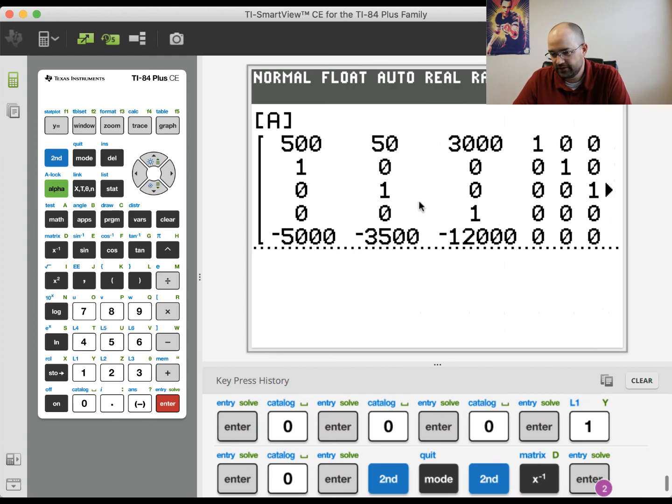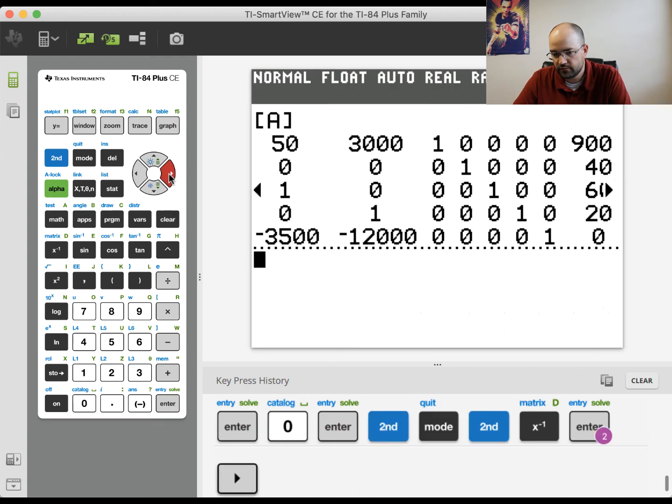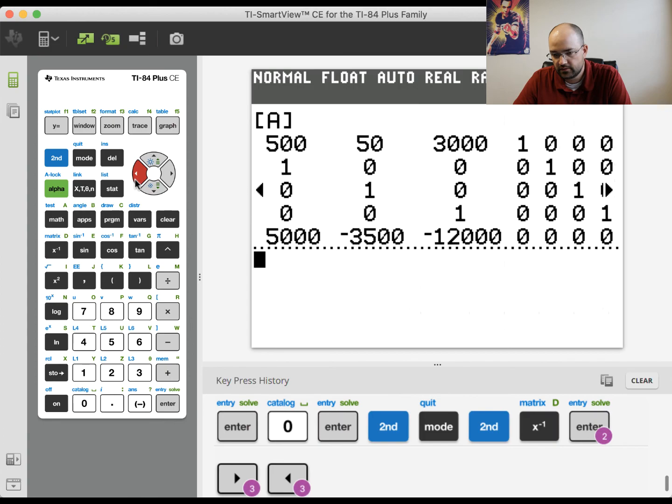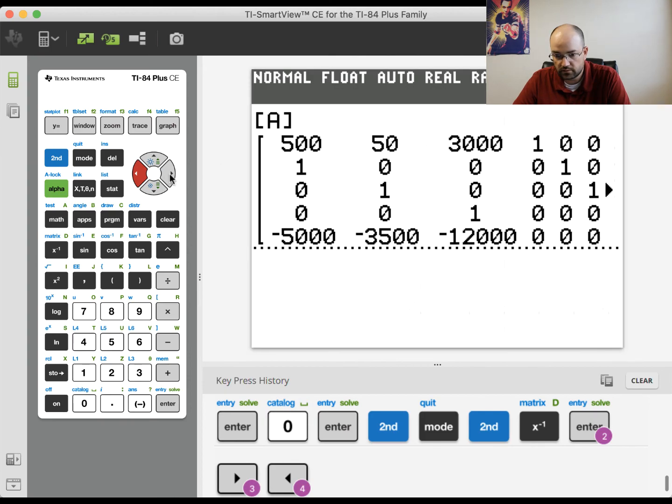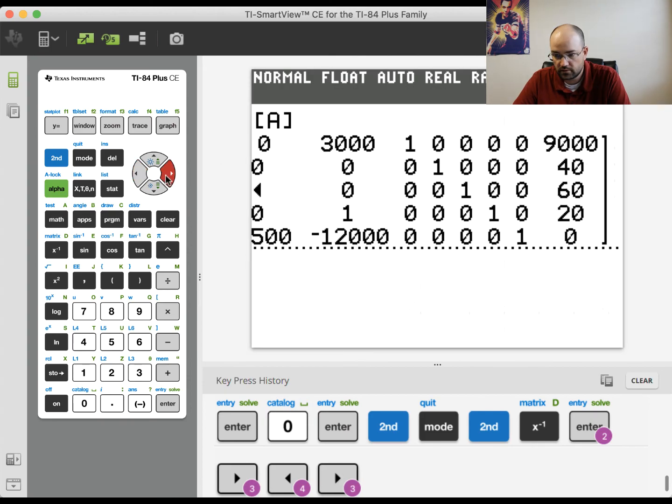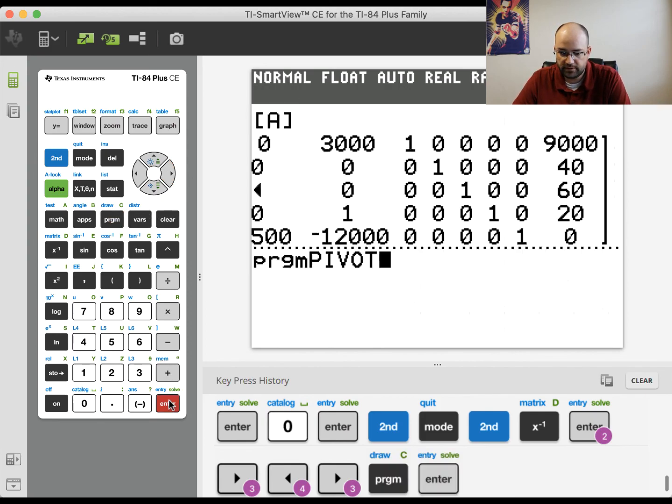Now notice that you can't fit everything on the screen, so there's a little arrow. If you move left or right, you'll be able to see all of them. Okay, so 500, 100, negative 5,000, okay. 500, 0, 1, 0, negative 3,500, 3,000, 0, 0, 1, negative 12,000, good, good, good, good, good, 9,000, 40, 60, 20, and 0. Awesome. So we have this in the calculator, so we're going to go to Program, Pivot, Enter